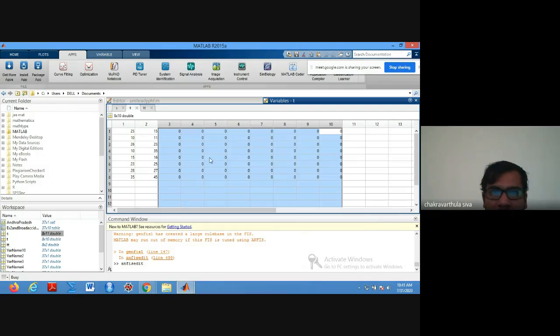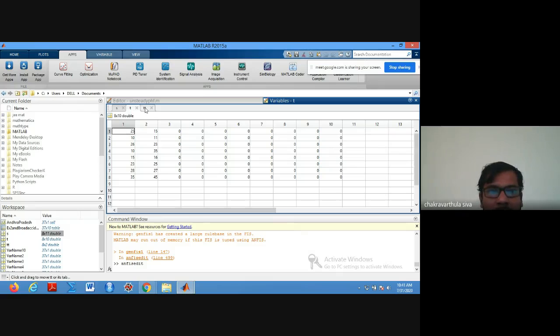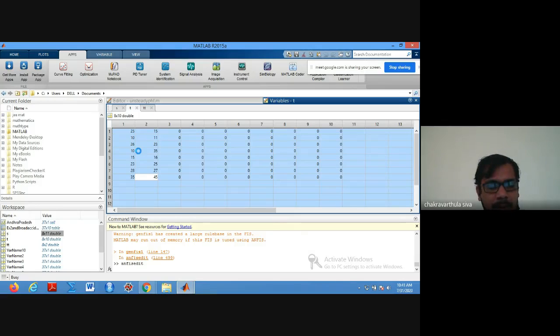I don't know why it is still not deleting. So I'm taking Control X and selecting all columns. Paste here.